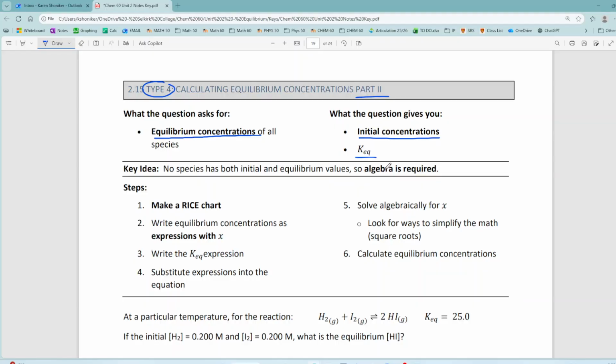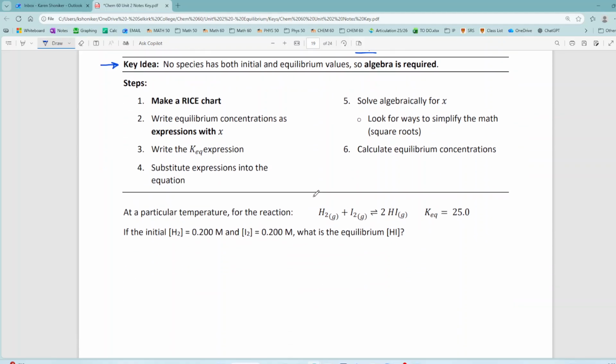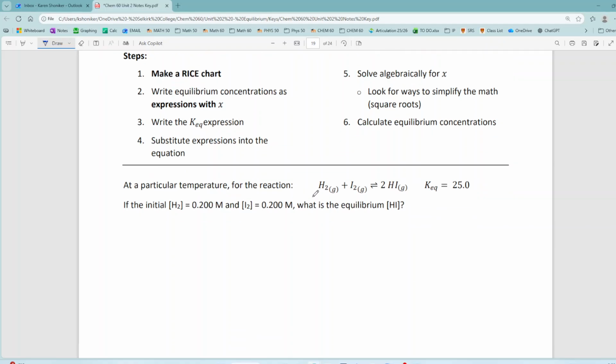So in part 1, they gave you initial and one of your equilibrium concentrations, whereas here they're going to give you initial and KEQ. You won't know any of your equilibrium concentrations. So the key idea here is that no species has both initial and equilibrium values. Unfortunately, this means that algebra is going to be required, but we're going to use as easy algebra as we can. Again, there's some rough estimates of steps here,